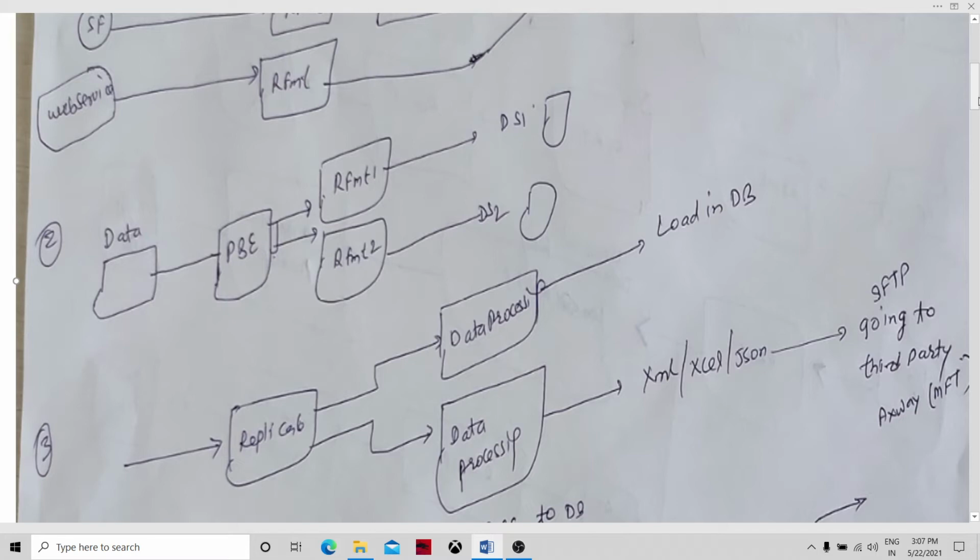In such scenarios, we have to take advantage of component parallelism. We would use the partition by expression component, which, depending upon the expression, will divide your data. So the Asia Pacific flow will go to reformat one, and the North American region will go to reformat two. After partition by expression, these two flows will be running in parallel.